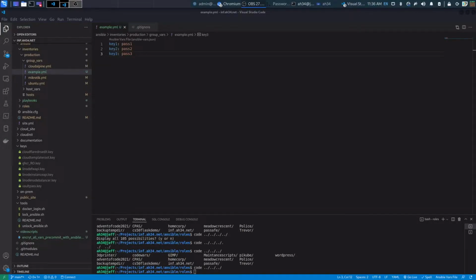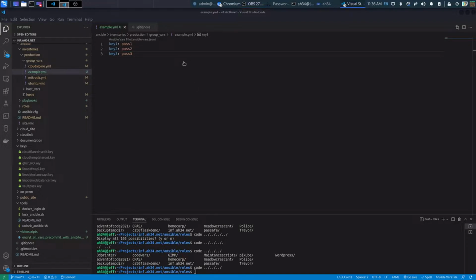Hi everyone, I just wanted to make a quick video explaining one of my recent blog posts about automatically encrypting Ansible secrets before committing them to a Git repo. We can do this with a Git hook. It's a simple, automated way of not having to worry about encrypting your Ansible secrets and accidentally pushing them unencrypted